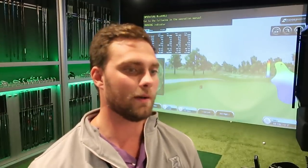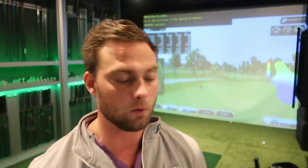He's a heavy set guy, a lot of upper body, which normally dominates to come a lot more over the top, for example, and he hasn't played that long. 8 months, and like 2 times a week, let's say, and some of you might be going, Simon, that's actually quite a bit of golf. That's not really in the grand scheme of things in terms of obviously practicing the game. But he wants to get better, he wants to stop slicing the ball, and the reason that I feel like